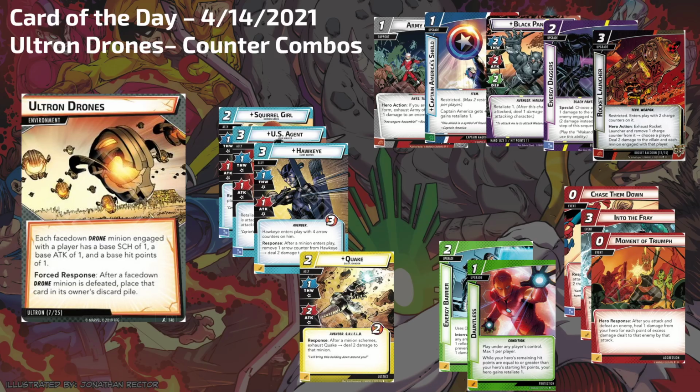U.S. Agent is a 5 health ally with Retaliate 1, so he can soak a bunch of those drone attacks. You can heal him, he can basically kill a drone a turn just for taking up an ally slot. Pretty cool. One of my favorites is Hawkeye from the core set, unbiased. He comes in with 4 arrow counters,